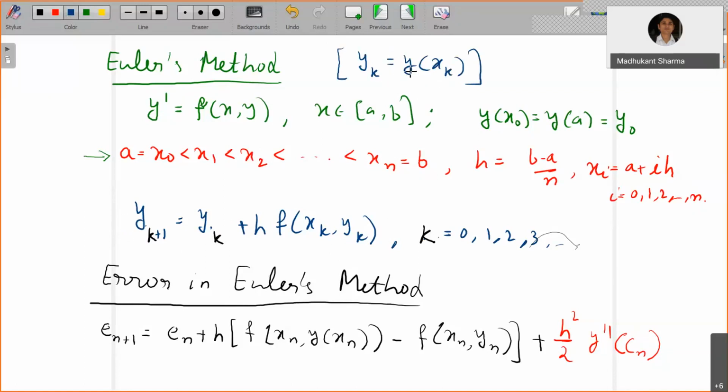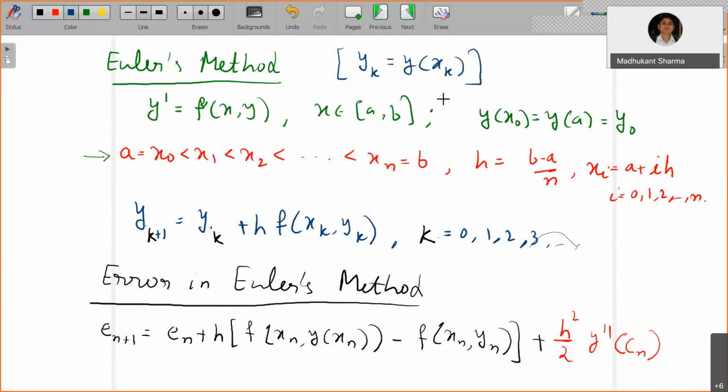If we denote by y(x_k) with these braces, this means the exact value, and y with the suffix k is an approximate value, so that we can distinguish between the exact solution and the approximate solution at point x_k,